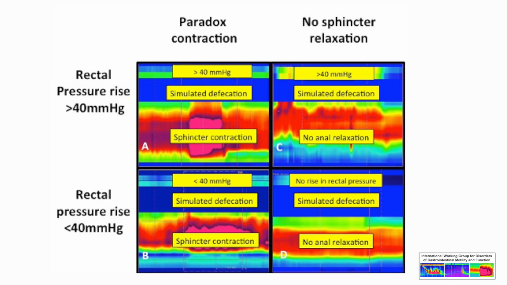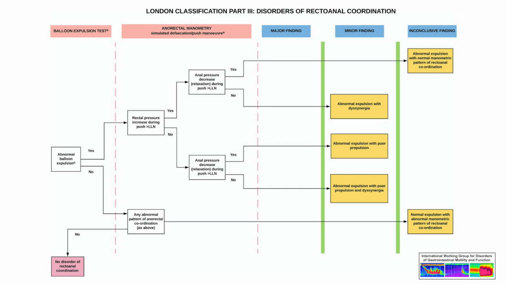Normally, pressures from the tummy and rectum push the balloon or stool towards the anal sphincters, which should relax to allow the stool or balloon's exit. However, in these disorders, poor coordination prevents this process from happening correctly. Poor coordination between the rectum and anal sphincters is called dyssynergia, and this has previously been broken down into 4 types. While this remains useful, the latest classification recommends we call these conditions: